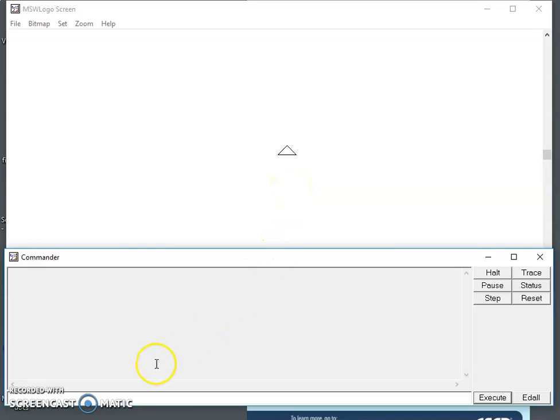Now let us learn how we can make the turtle move forward by a certain number of steps. The command to move forward is FD. It is good practice to write the commands in capital letters, but otherwise Logo can accept your command in small letters also. When you write FD, you will have to give the number of steps. So let us take 100 steps. FD 100 is the command to make your logo turtle move forward by 100 steps.